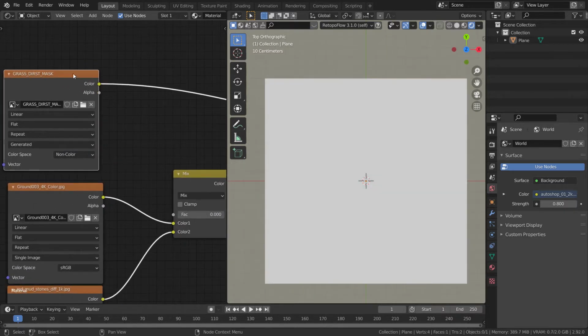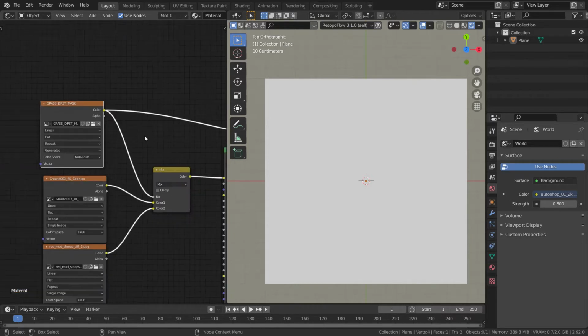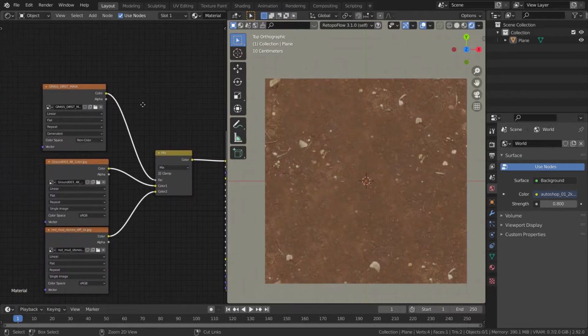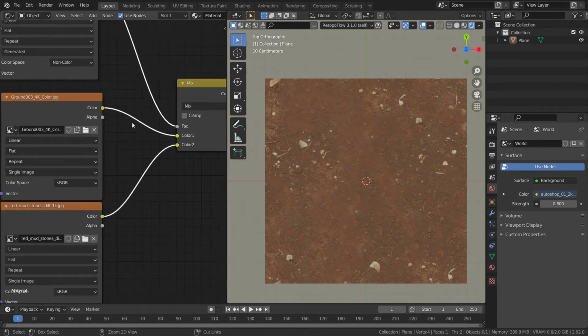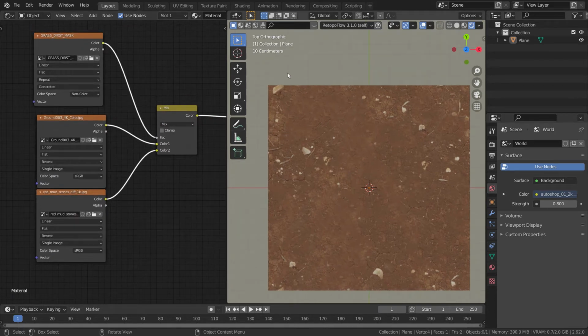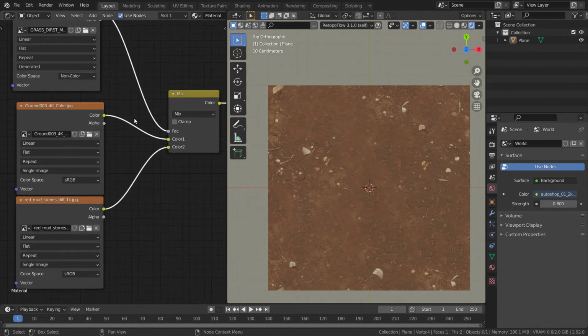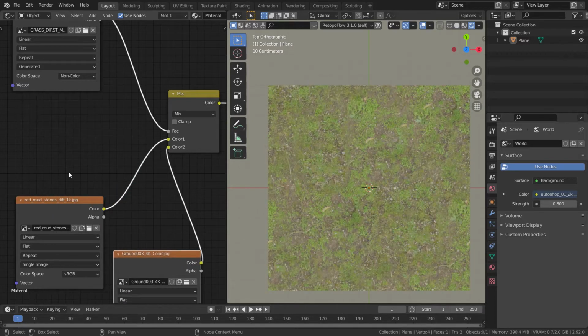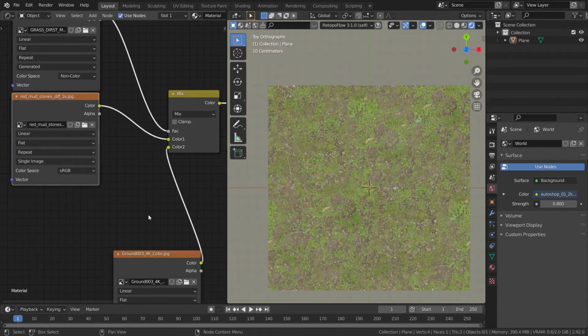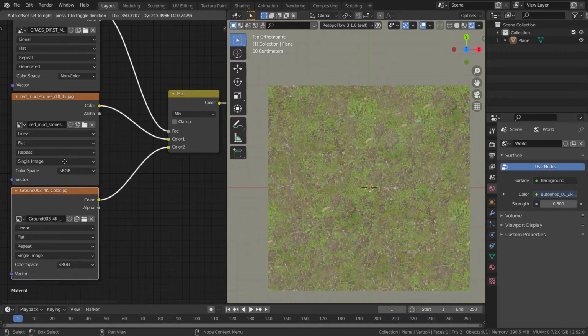So this color is now white, and let's plug that into our factor, and let's see the result. So as you can see, the white represents this. As we wanted to paint our black color, what we can do is just invert their positions. So now the grass becomes on the top and the ground goes on the bottom.